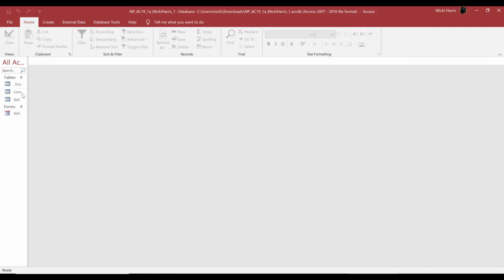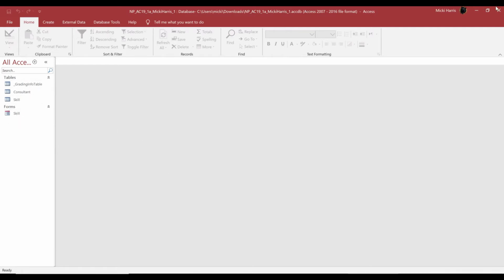If you can't see them, this pane right here, you can adjust. I'm going to make this a little wider so I can see everything. So I'm going to put my cursor over that border. I get a two-sided arrow, click, hold, and just drag that out a little bit so I can see everything. And it looks like I already have 2 tables, because I think that doesn't really count, and then 1 form